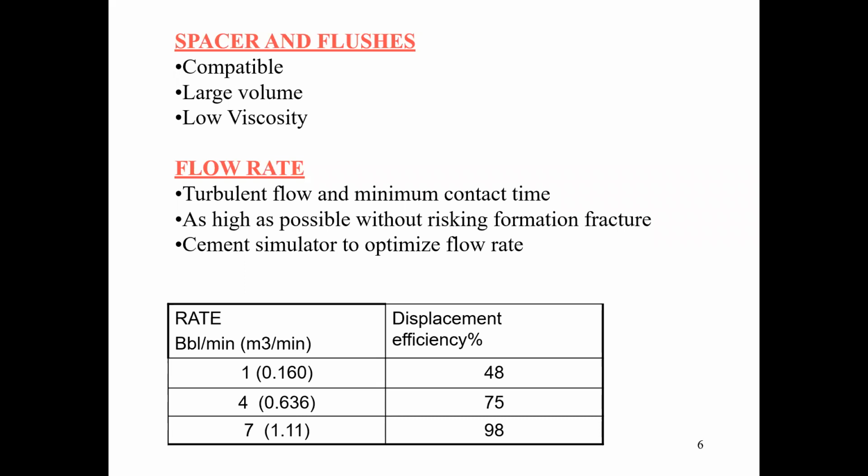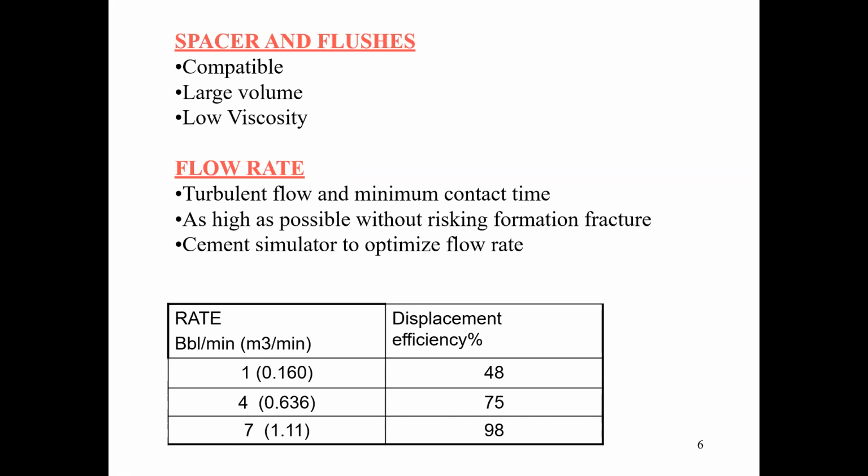We add 25% if contamination is there. Otherwise, excessive gelation may occur, or settling, or some reaction may take place with the cement slurry. The cement slurry may flash set; suddenly it may set. So we have to check this compatibility. As far as possible, the viscosities of the spacer should also be checked. And if it is a weighted spacer, then settlement and stability should also be checked. Stability of the spacer, I'll show in one of my slides.